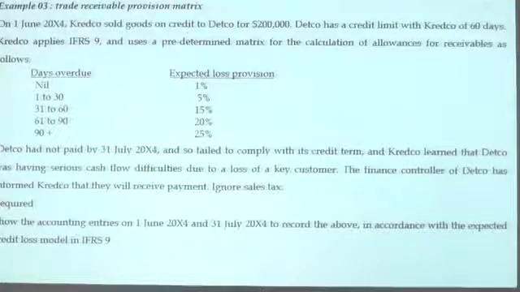Clear? When you are at 31st July, already 60 days have passed. Your entire debtor will drop into the 1 to 30 days due bucket. Until 60 days are covered, no due, nil, because you have given 60 days to pay. Now you are at 31st July, after 60 days, this is not yet paid, right? Therefore, the entire debtor goes to the first level of the bucket, that is 5%. 5% on 200,000 is only 10,000.